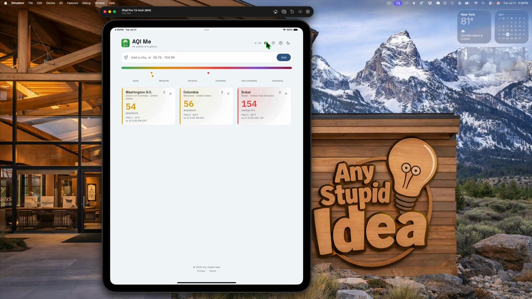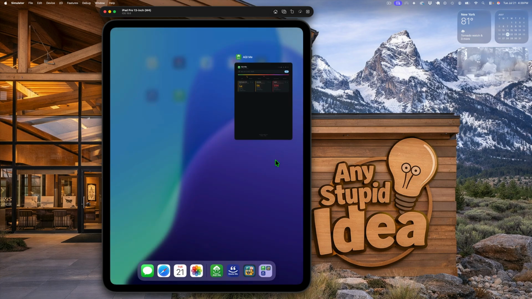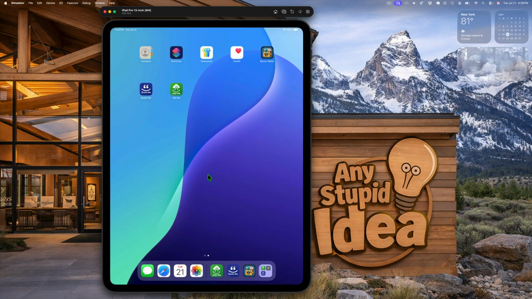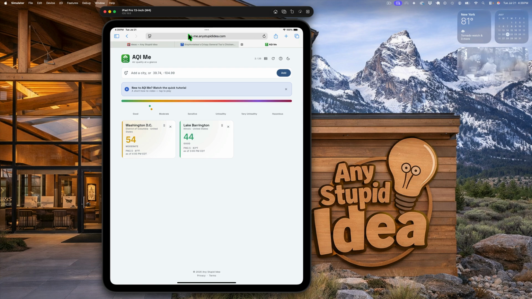I'm gonna make it dark just for the heck of it. Let's see. There we go. So that's the app. Now what I'm going to do is just swipe up, or simulate a swipe up, and you see that that's what happens there. And here I'm coming back to the home page in general. What I'm going to do now is open up the browser, which I'd already been in,